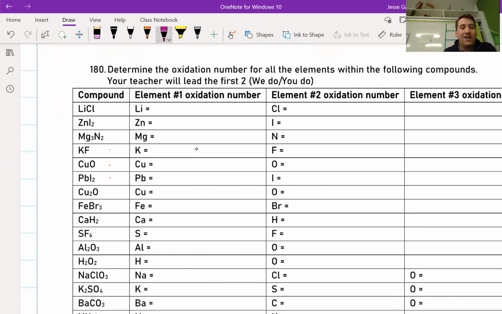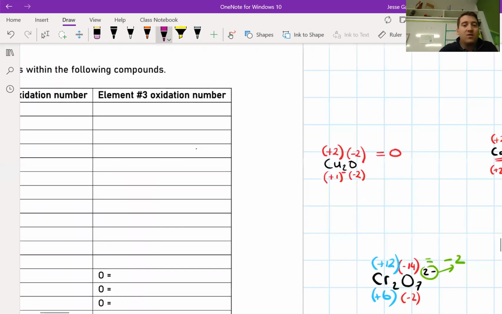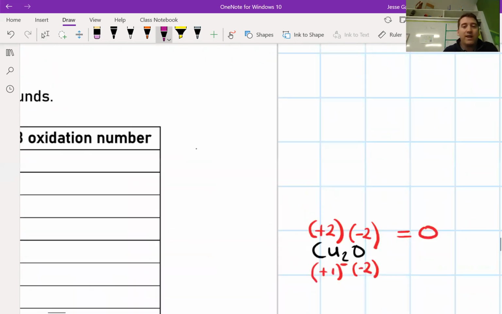Okay, so again, we've got lithium chloride. Very simple. Lithium's in group 1, +1. Chlorine's in group 7, and there's 1 of them here, so it's -1. Now, again, the best way to do this, that's very easy because there's 1 lithium and 1 chlorine. The next one, ZnI2, you're going to have to take it out to the side here and actually write it down. So